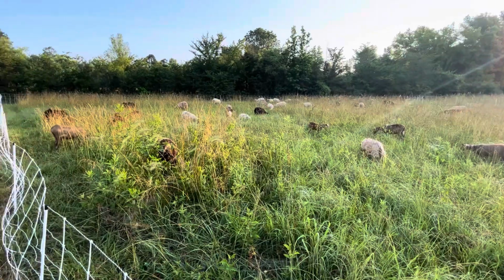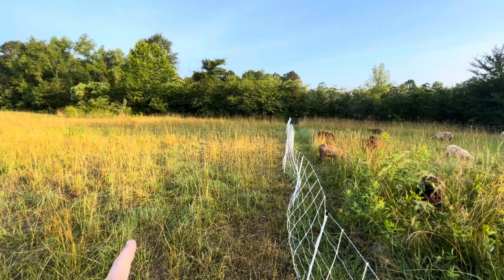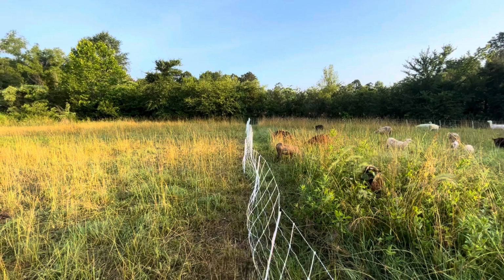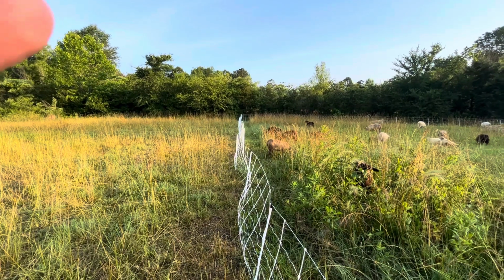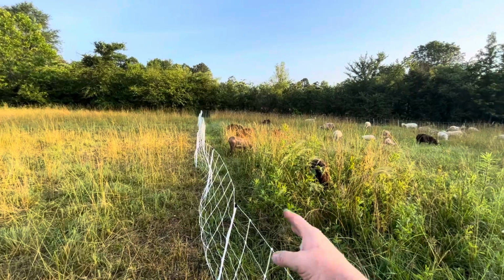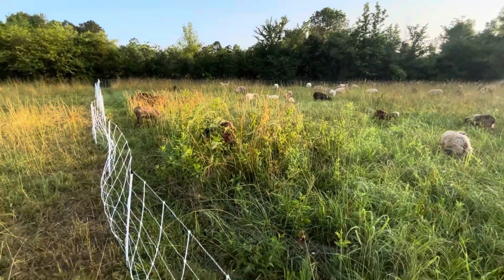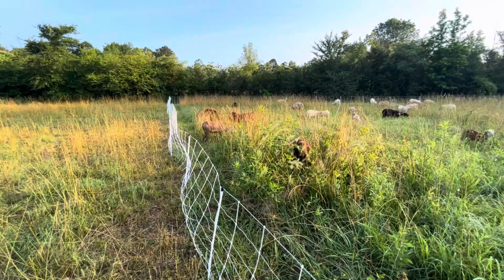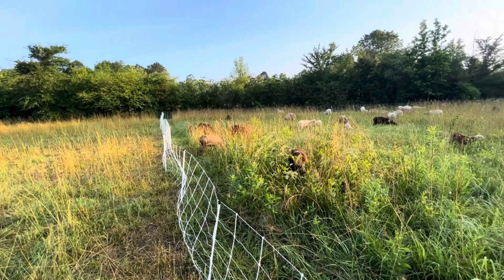So one other technique I want to show you. This is yesterday's paddock, and here's today's paddock. What I do is I mow a strip, and I actually measure out the paddock just by stepping it off, and then I mow a strip with the lawnmower, and that keeps the vegetation off, and that doesn't take long at all to go around and mow it. And now we're getting 7,000-8,000 volts of electricity inside our paddocks, whereas we were getting 2 to 3. So that's just more added protection for the flock,